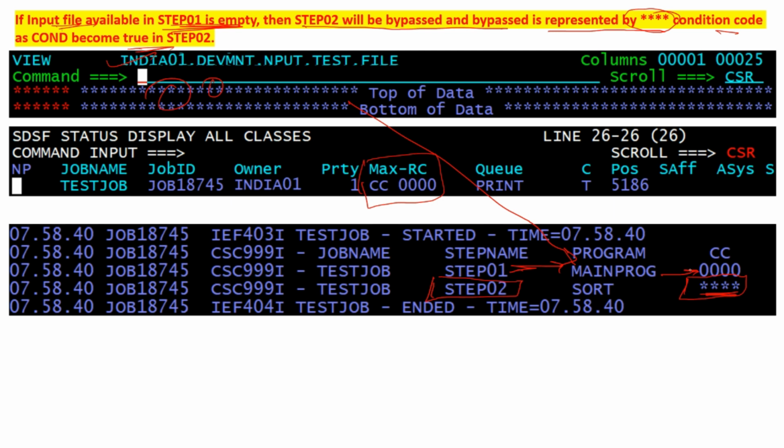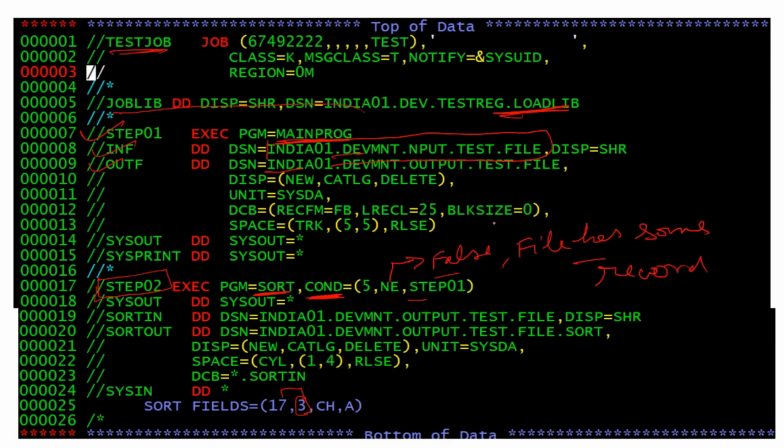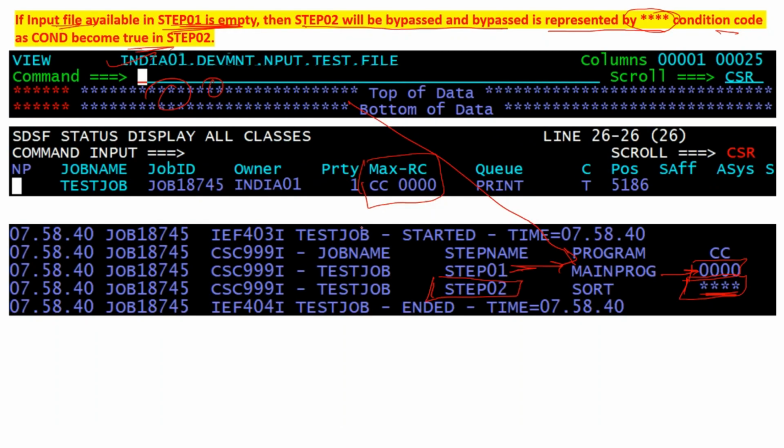In STEP02 we have written the return condition code is 0, so check here, 5 not equal to 0. If this condition becomes true, it will be bypassed when the file is empty, so it will be bypassed with return code four stars.